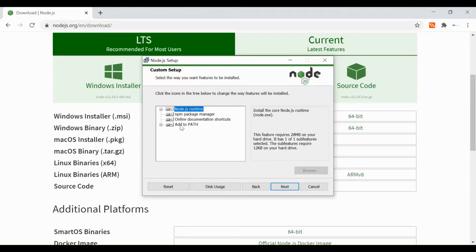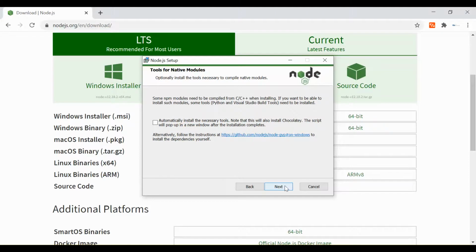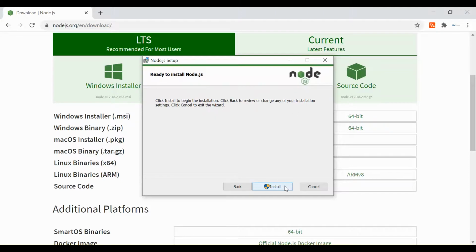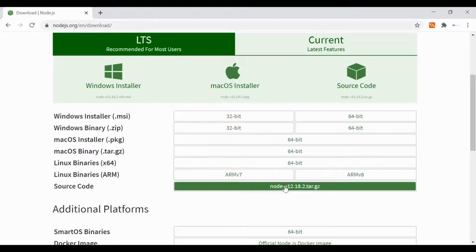Also you can see this is the path that we would otherwise need to set manually in the environment variables. But while performing this Node.js setup, it will automatically create the path and save it there, so you don't have to go to environment variables and set the path. We will see if it is created or not. Just click on next, next again, and then click on install.